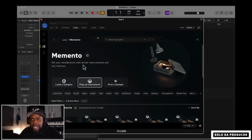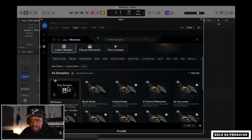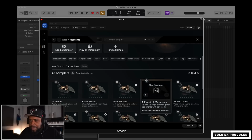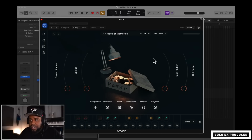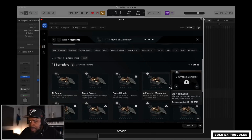So I'm gonna go ahead and load up a sampler in here. I'm just gonna pick something. I don't know if I use some of this stuff already, but they have some clean guitar. I'm just gonna pick a random one. Let me just pick this one. I'm not even gonna listen to it. Hold on. Did I use that one already? I think I used...